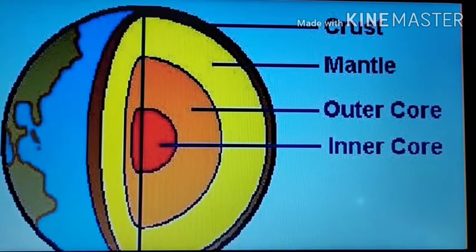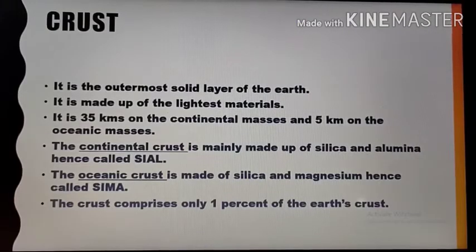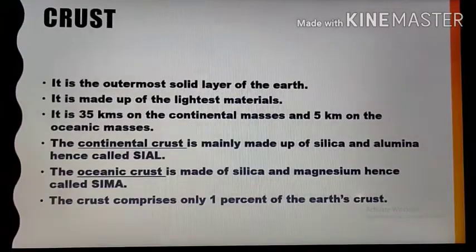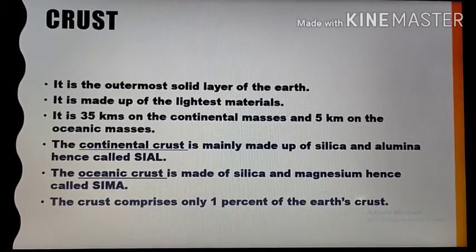Now in this figure you can see it in more detail. First, the topmost, very thin layer is the crust. Then there is the mantle. Then the outer core, and the centralmost part is the inner core, which is the deepest part of the earth, and it is the hottest of all. Talking about crust, this crust is the outermost or the uppermost layer over the earth's surface, and it is the thinnest layer. The crust forms only 1% of the volume of the earth. Out of the rest, 84% consists of the mantle and 15% makes the core.